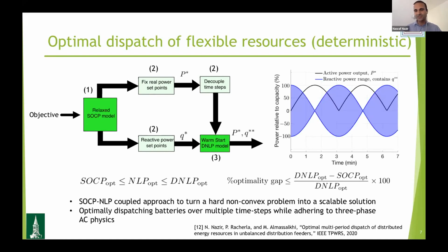So this is further illustrated by this figure here, which shows what the values of the reactive power I can choose depending upon the solution that I get from the SOCP. So I get some real active power solution from the SOCP. Based on that, I can calculate the set shown in blue over which the reactive power can vary. So then the NLP has to basically choose some reactive power in that range.